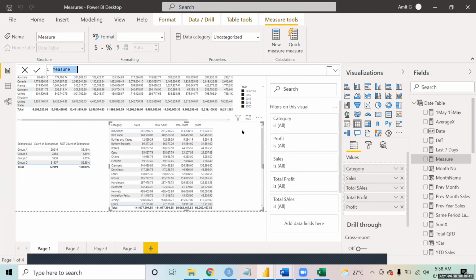I'm giving it a name, XYZ or last 3 months.